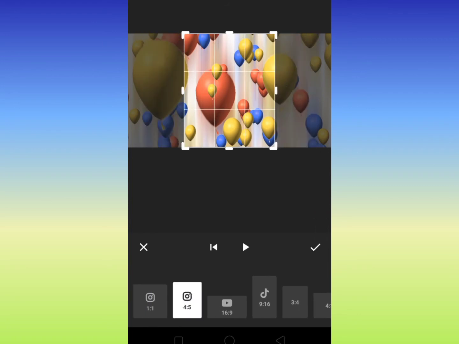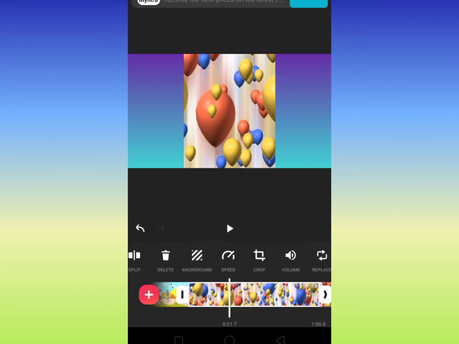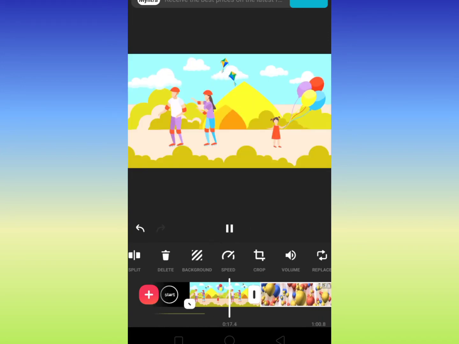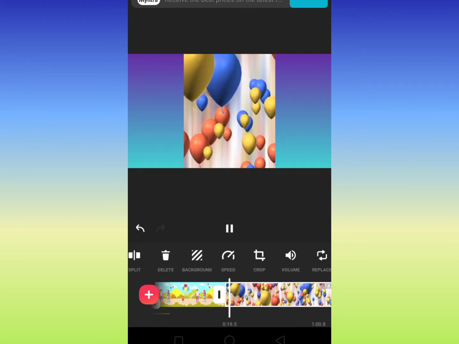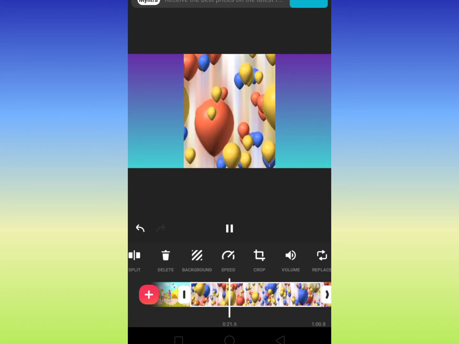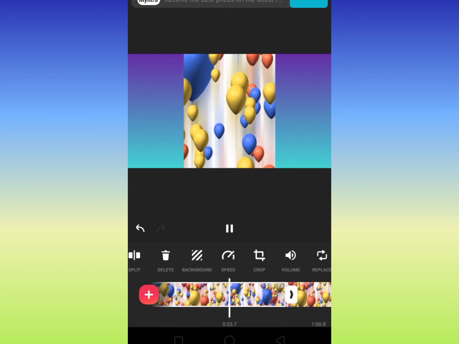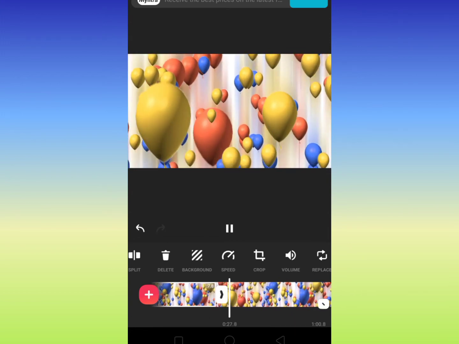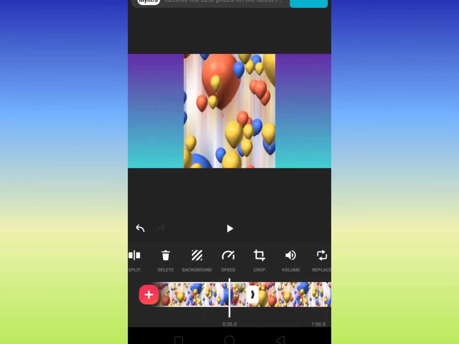So this was really nice, and many times in our videos, we don't want to show a particular part and we want to crop a certain section. So I have done this in just this part of the video. So you can see this white border in the timeline. Okay, and after that the other clip is there.